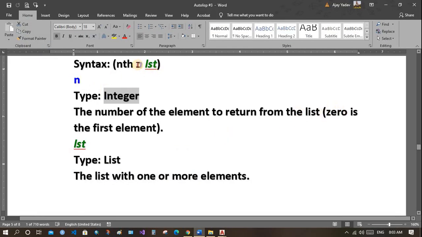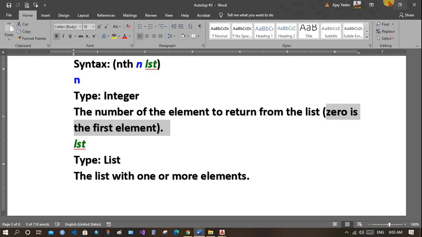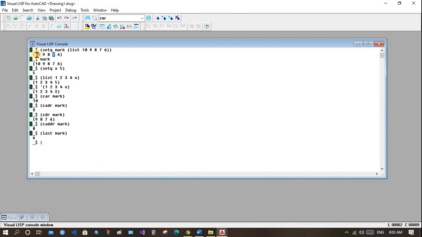Here replace n. 0 is the index of the first element, that is 0 1 2 3, so 3 will return 7.